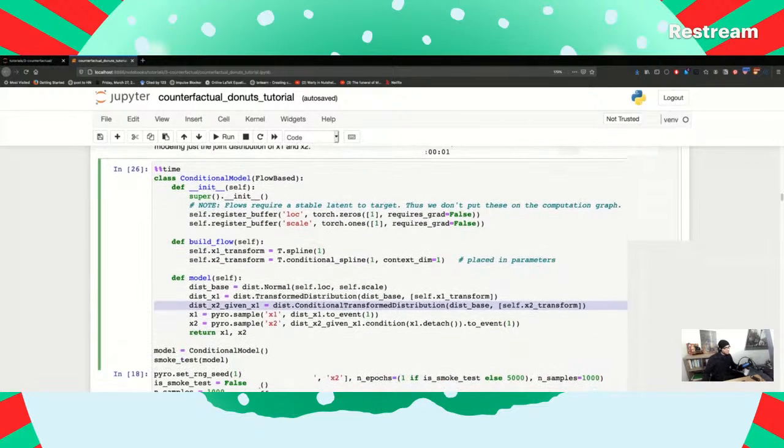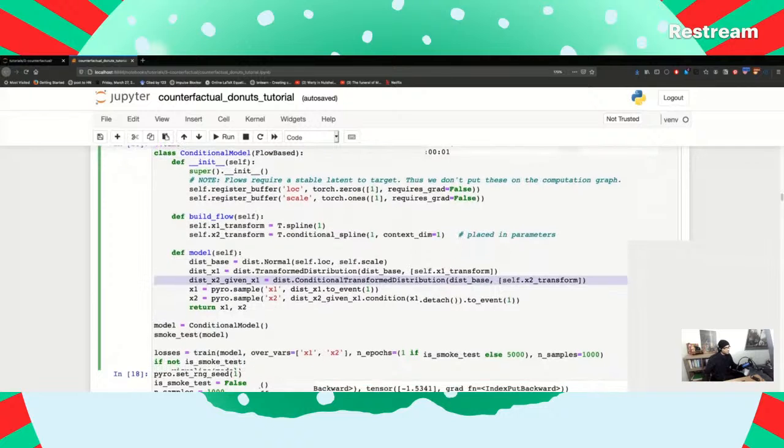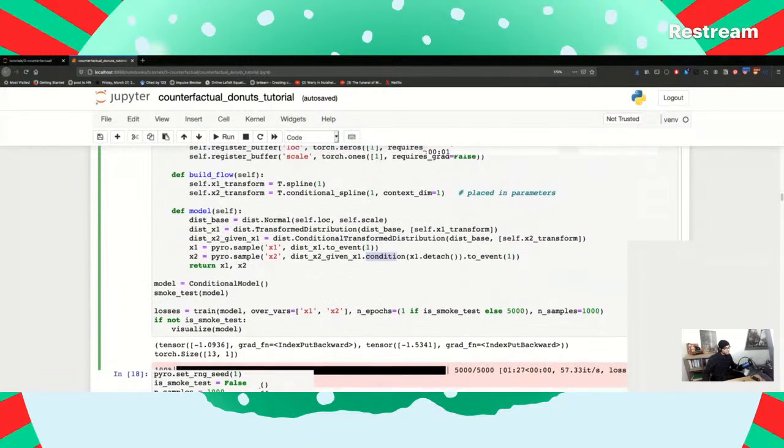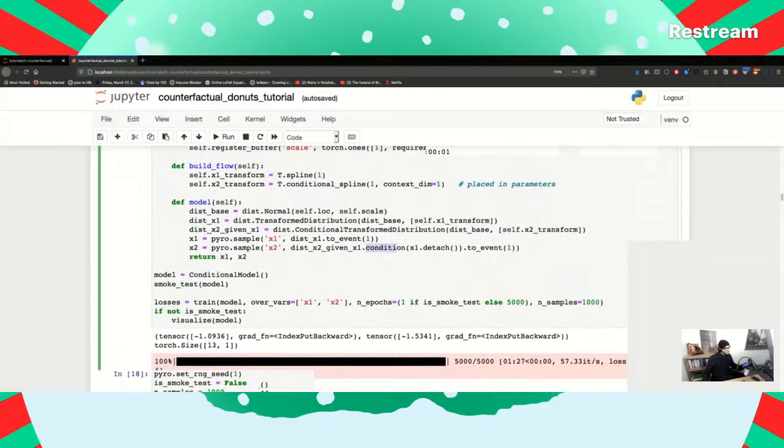Yeah, that's not clear to me. Here. So X2, we sample using this object has a condition method that we condition on X1. And then return both of these.